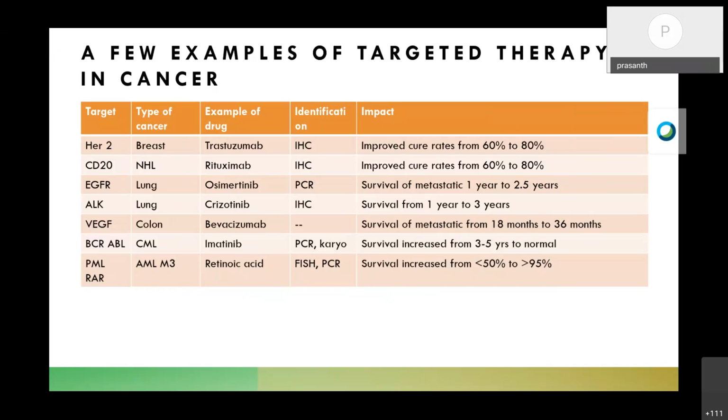We already talked about EGFR targeting in lung cancer. Osimertinib is a more advanced version of gefitinib, and the survival has improved from 1 to 2.5 years. Similarly, you have something called an ALK mutated lung cancer, which is much less common. It's about 5 to 10% of lung cancers. But again, when we use the ALK targeted drugs,